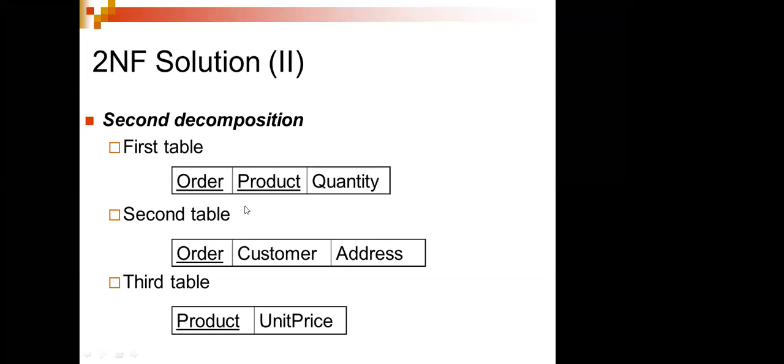So what is happening here? We have seen the problems: the insertion anomaly, the deletion anomaly, and the update anomaly. That problem can be sorted like this. So what is the insertion anomaly problem? It should allow you to insert. If you're not allowing, then it's a problem. If you're not updating, it is a problem. If you're deleting, it's a problem.